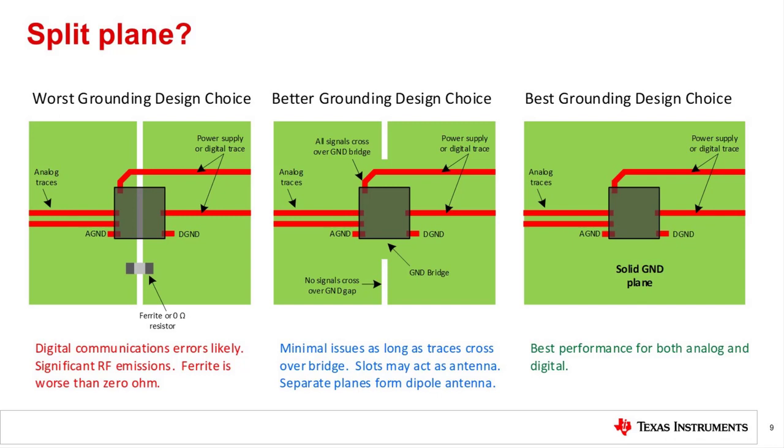The best grounding choice is to simply use a solid plane and to make sure to keep the physical distance of the digital and other noisy signals away from the analog. The process of physically segmenting the different signal types to different sections of the PC board is called floor planning. And a good floor plan is a much better approach to minimizing coupling of digital into analog than a split plane.